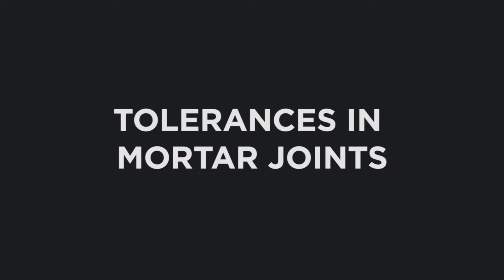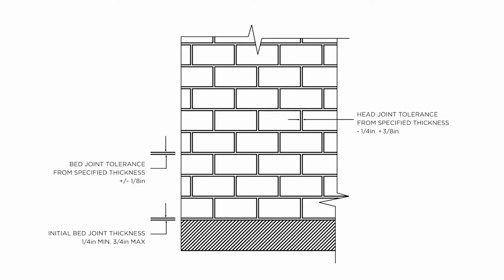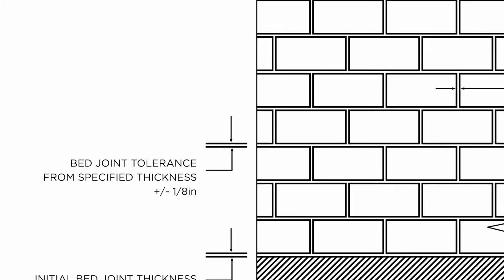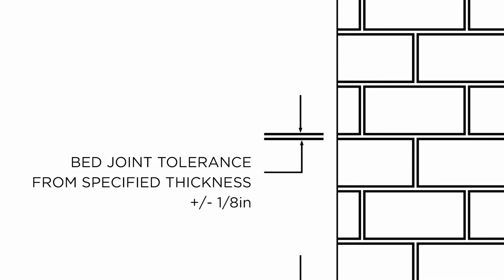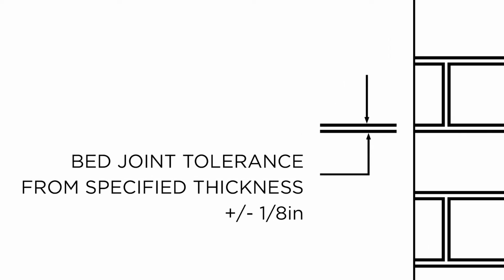Tolerances of mortar joints. The most basic tolerance contribution in masonry wall construction is the variation in mortar joint thickness. The tolerances of the code are based on specified mortar joint thicknesses of 3/8 of an inch for conventional masonry. In clay, concrete, and stone masonry, the mortar bed joint thickness is permitted to vary no more than plus or minus 1/8 of an inch. If the specified thickness was 3/8 of an inch, permissible mortar bed joint thickness would range from 1/4 to 1/2